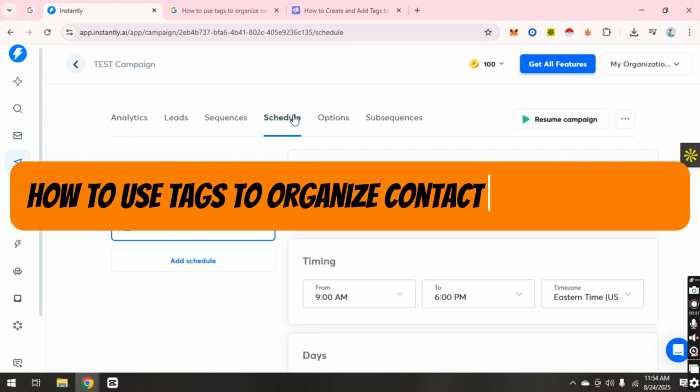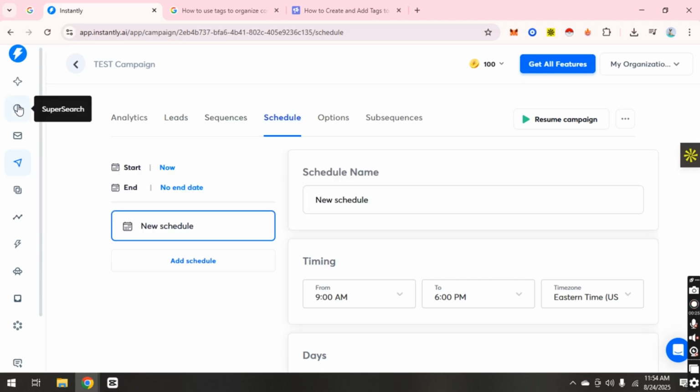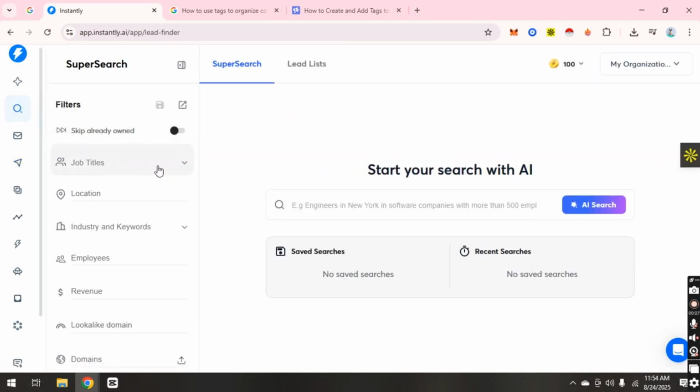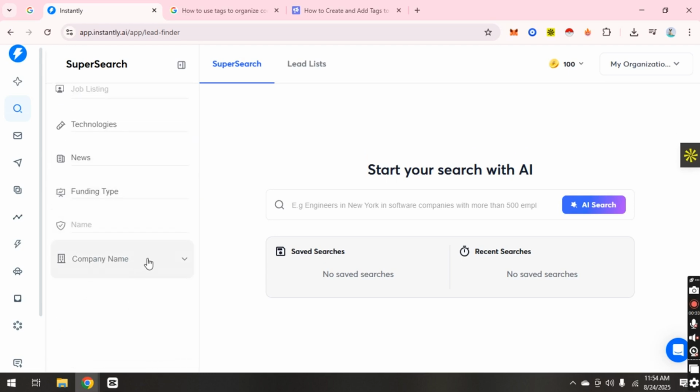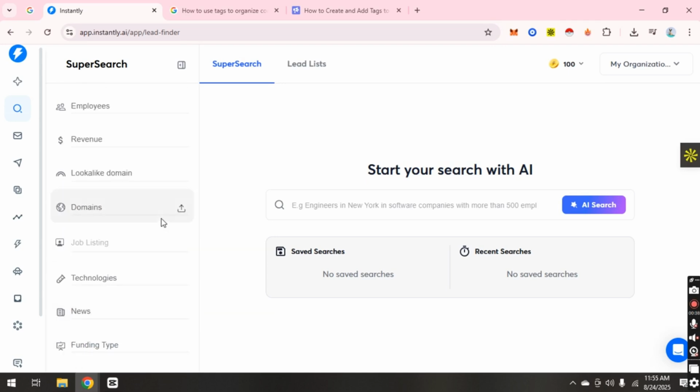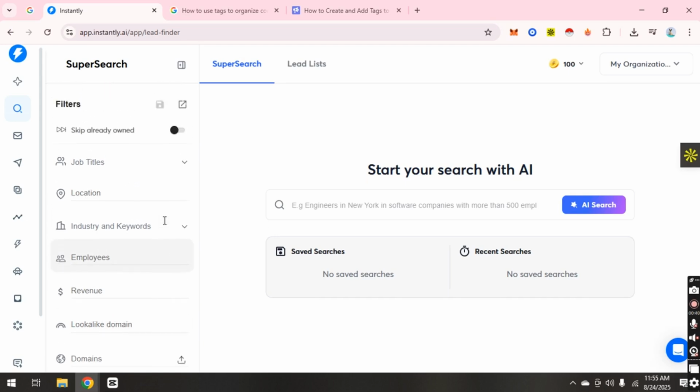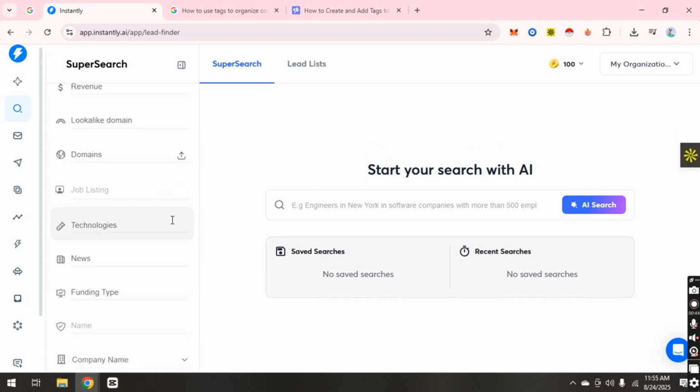How to use tags to organize contacts in Instantly.ai. Using tags to organize contacts in Instantly.ai is a simple but powerful way to keep your lead list clean and outreach highly targeted. Tags act like labels you can assign to contacts based on criteria such as industry, role, company